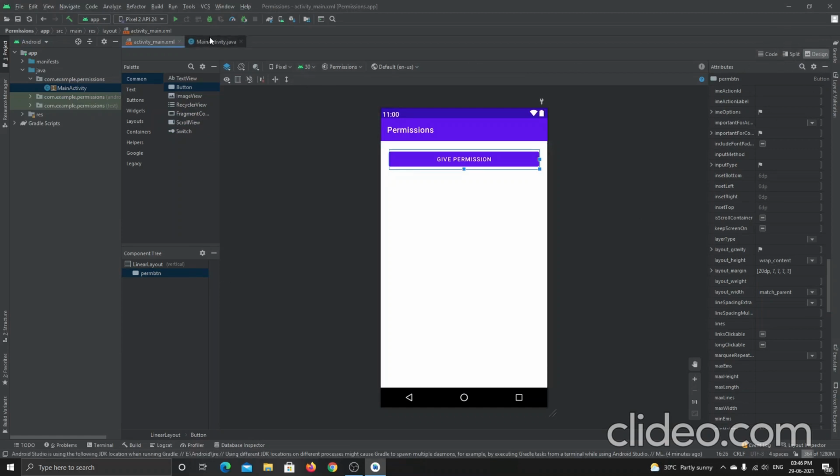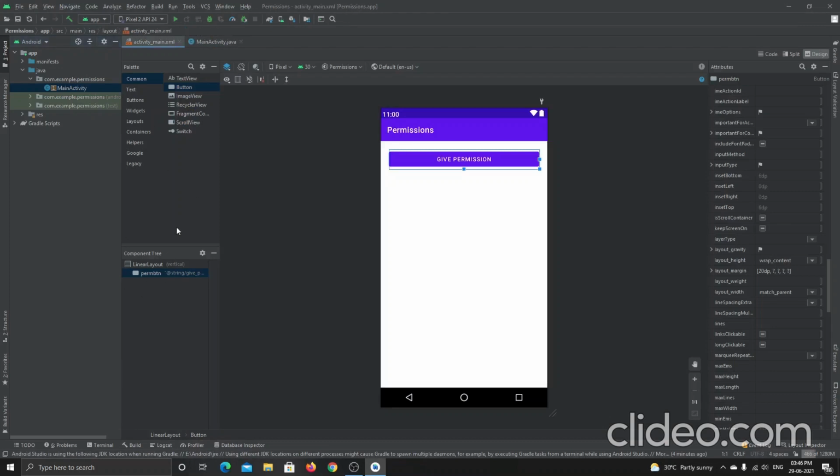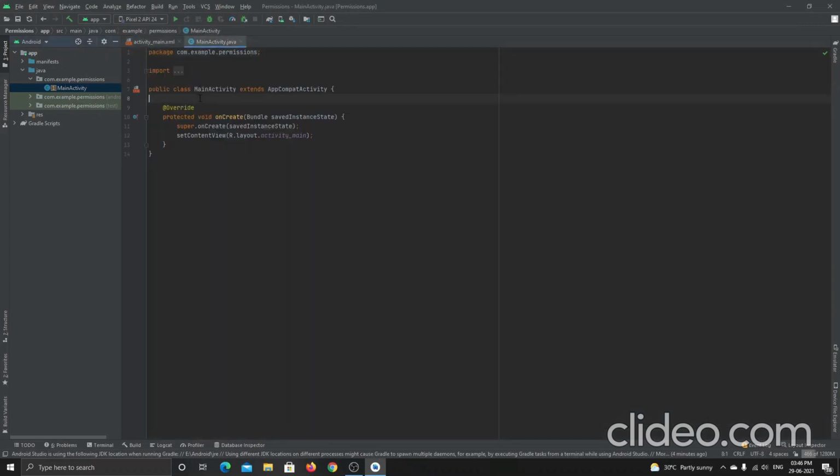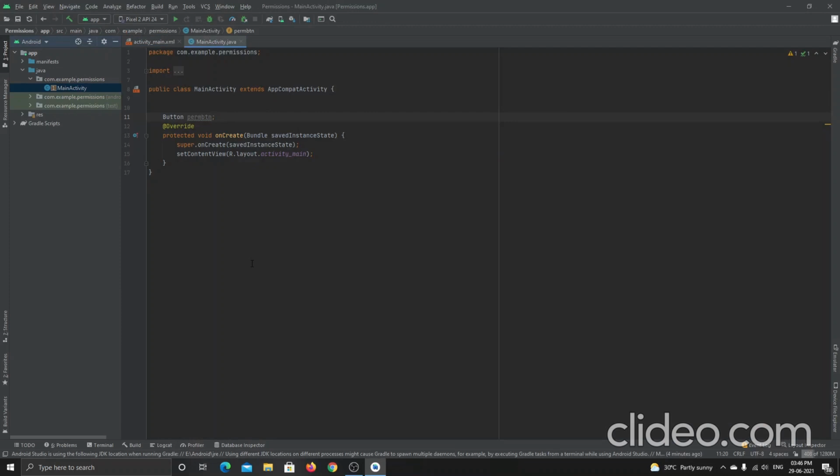Let me switch back to the Java file. Here I've used one button, right? So I will declare one button here also. Button perm button. Just see perm btn, all in smaller case. Perm button, only one thing we have declared as an element, so it's enough.